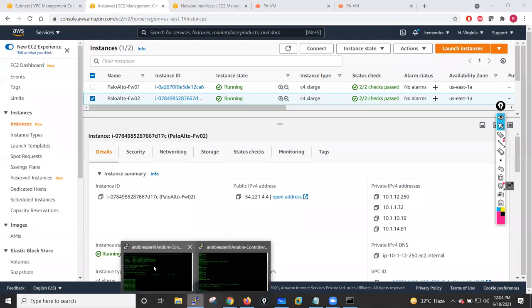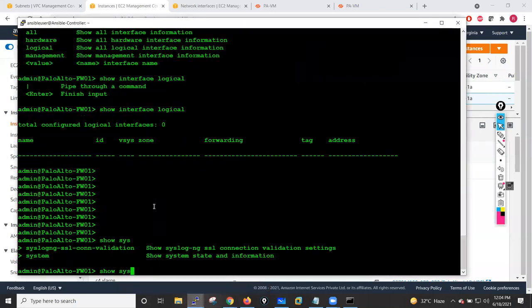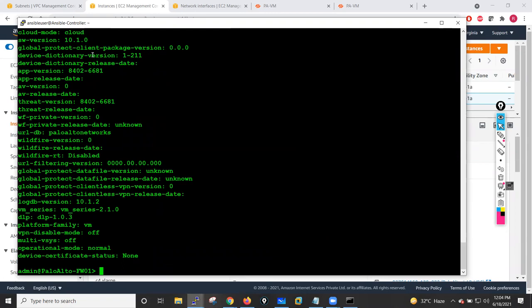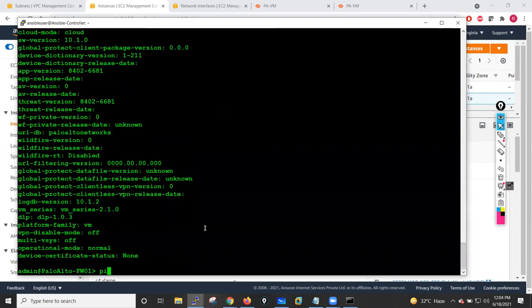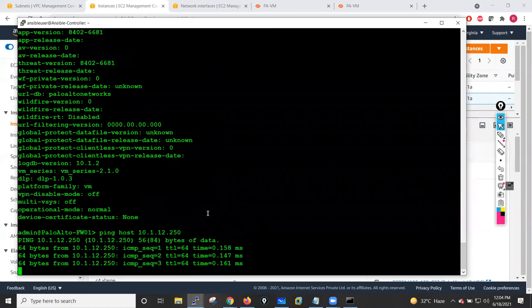So what I can do, I'll go into the CLIs. System info, I will run this command. Go on top, ping host 12.250. They are able to communicate with each other. Okay,